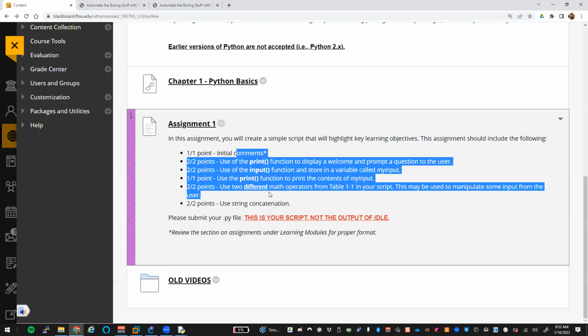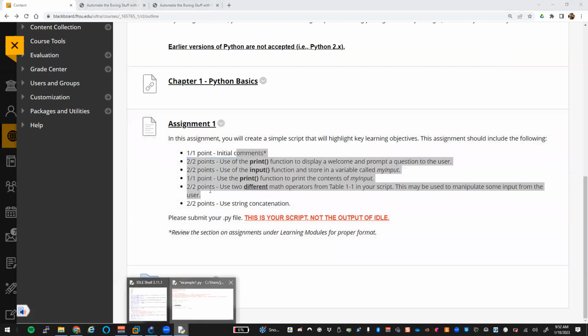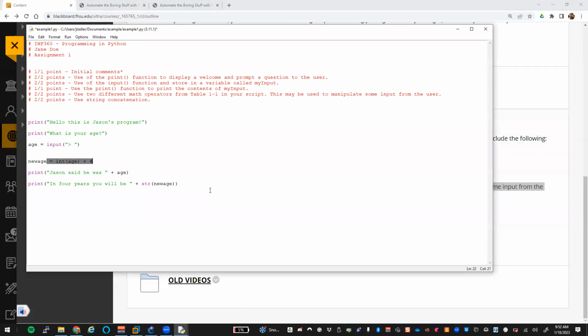Now, the reason I say that, have fun with those projects. And even if it's just a basic homework assignment, have some fun with it, because as you figure that out, you're going to be setting yourself up for your midterm project. Meaning the more creative you flex on some of these homework assignments you get, the easier it is to come up with a project for your midterm project. So can you copy and paste what I did here and get points for the homework assignment? Yes, except you're going to miss 1 point because you don't have a second math